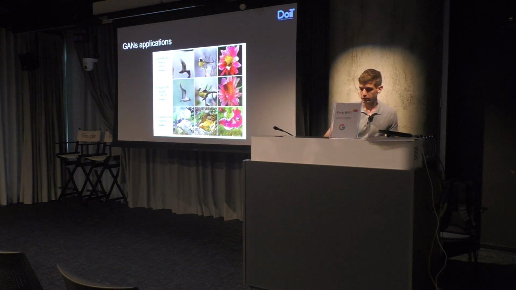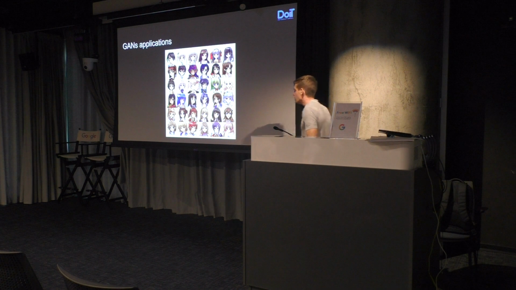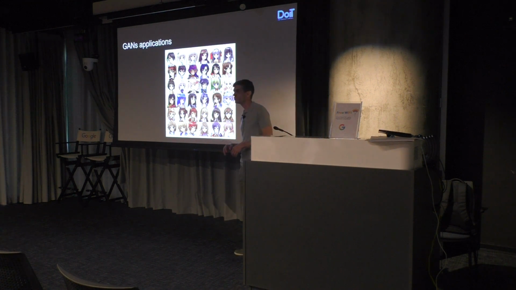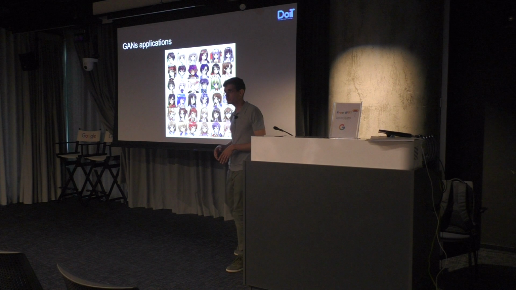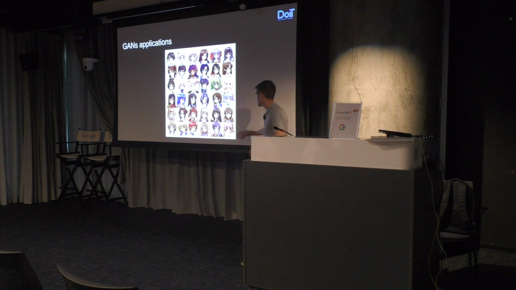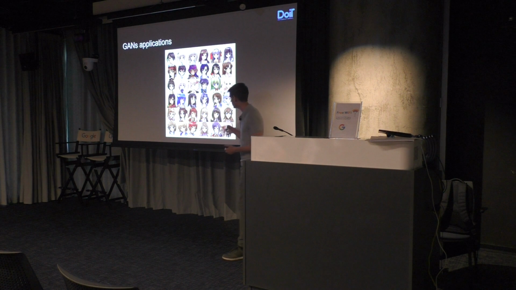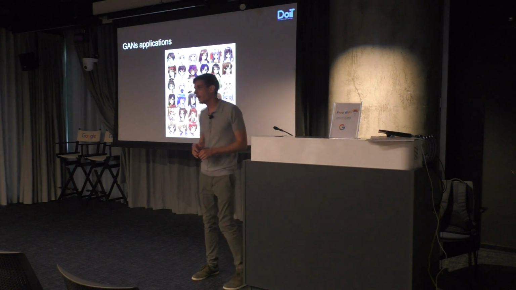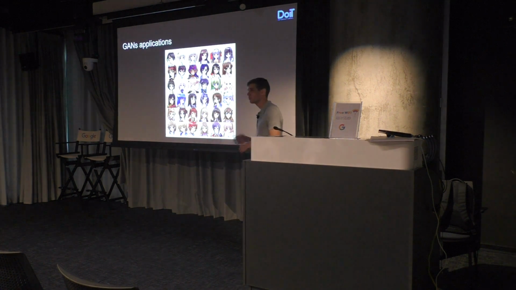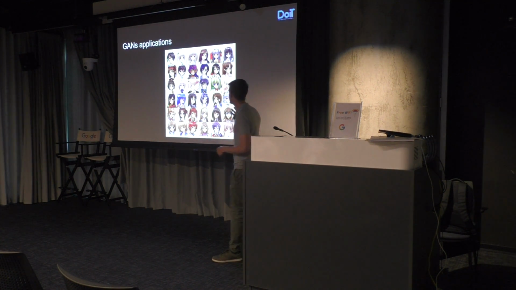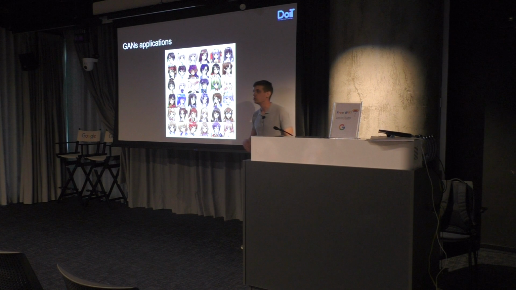So what can we do with GANs today? Nowadays we're able to produce really, really high quality images, really high definition. This is an example, I think, from last year. All of these are computer drawn anime figures, very high resolution, very nice. You cannot distinguish that it was not created by a human being or an animator. It was all created by a computer.